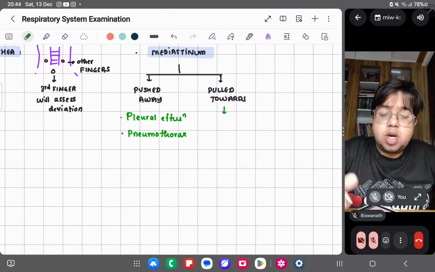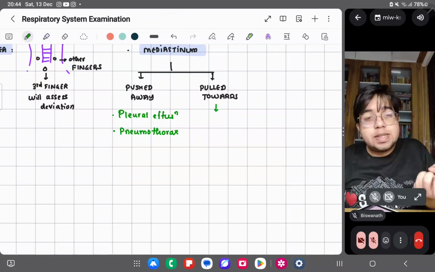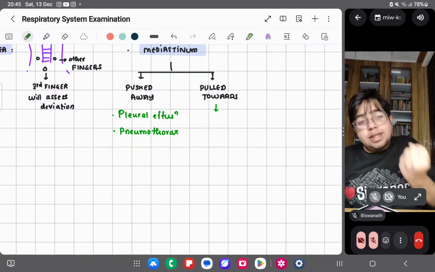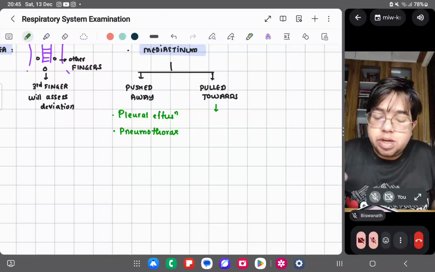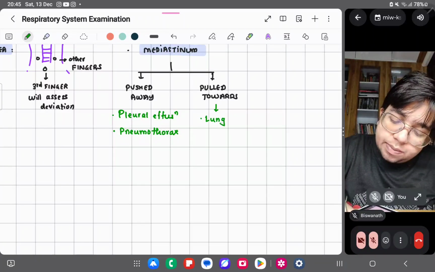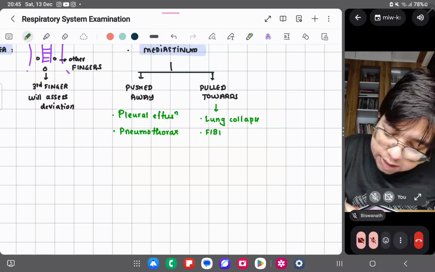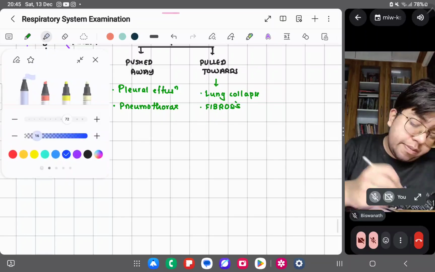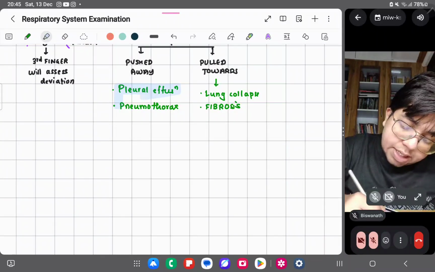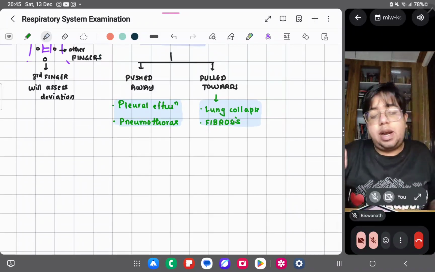And pulled towards, if there is a pulling towards, then there can be some sort of fibrosis. If something is retracted, there is a fibrosis. Or what may happen? The lung may have collapsed. So lung collapse or fibrosis. These are the causes of a mediastinal pulling and pushing. I hope you can understand. Okay,